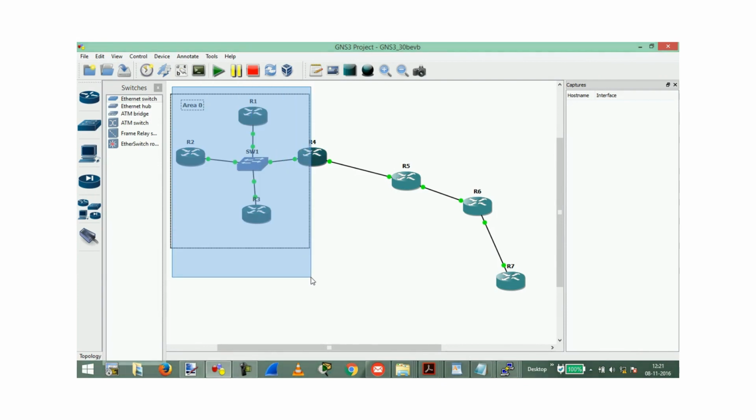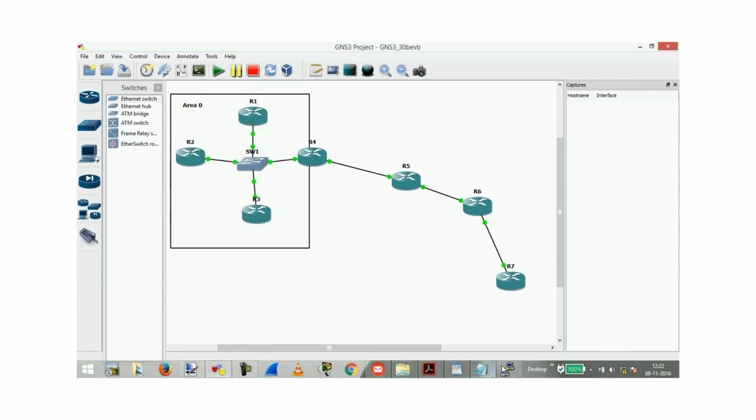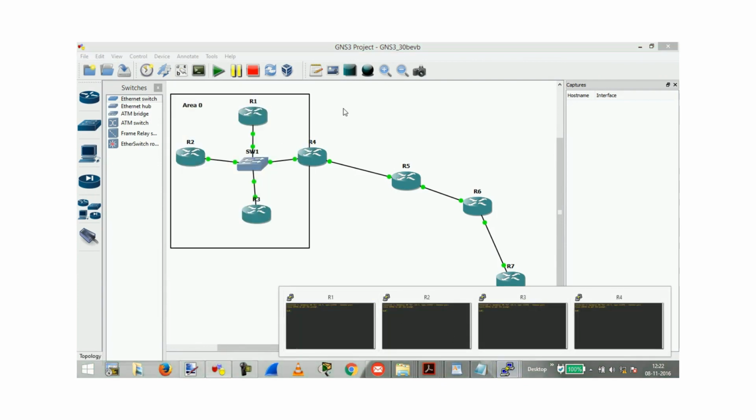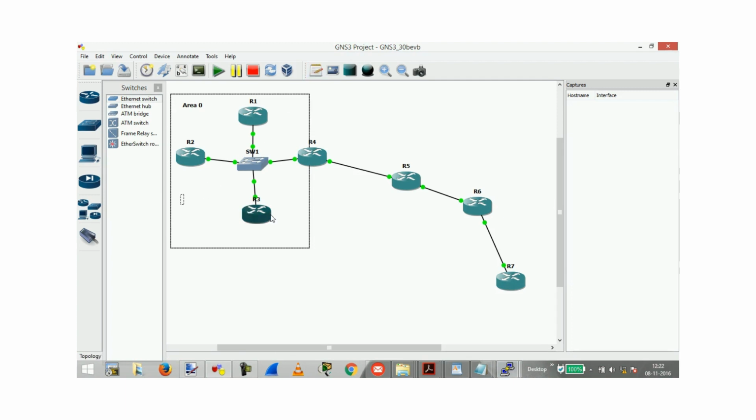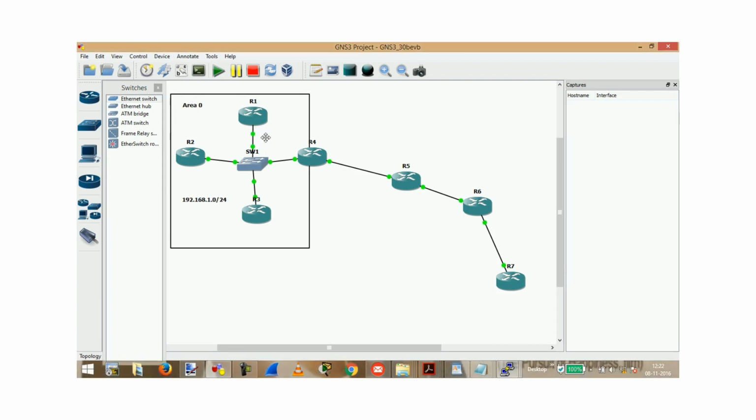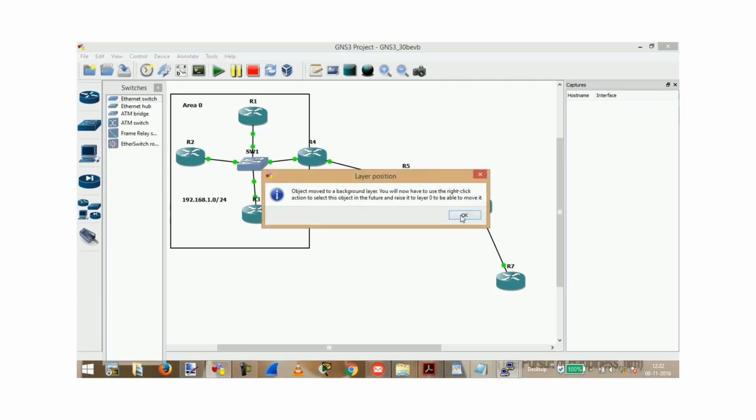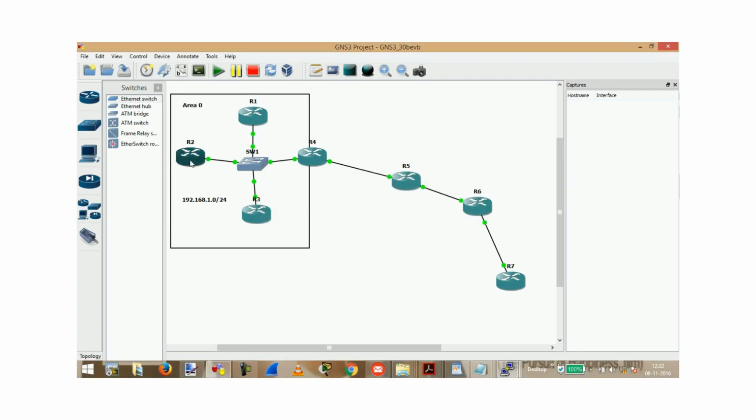So let us configure only this part and revise a few things. We'll configure the IP addresses. This network will be 192.168.1.0/24. R1 will have 192.168.1.1. R2 will have 192.168.1.2. R3 will have 192.168.1.3. And R4 will have